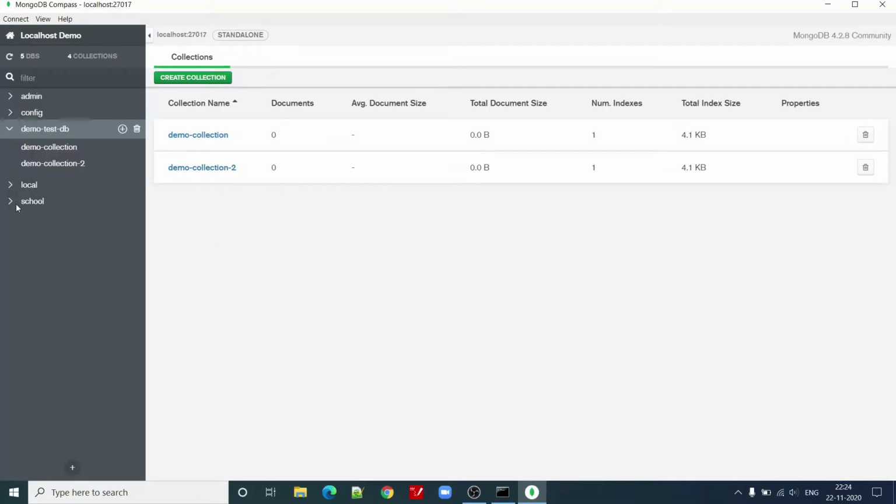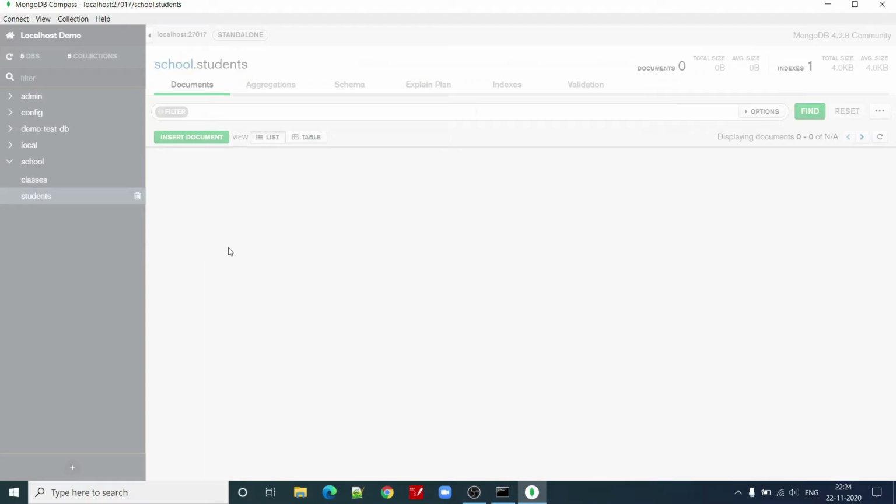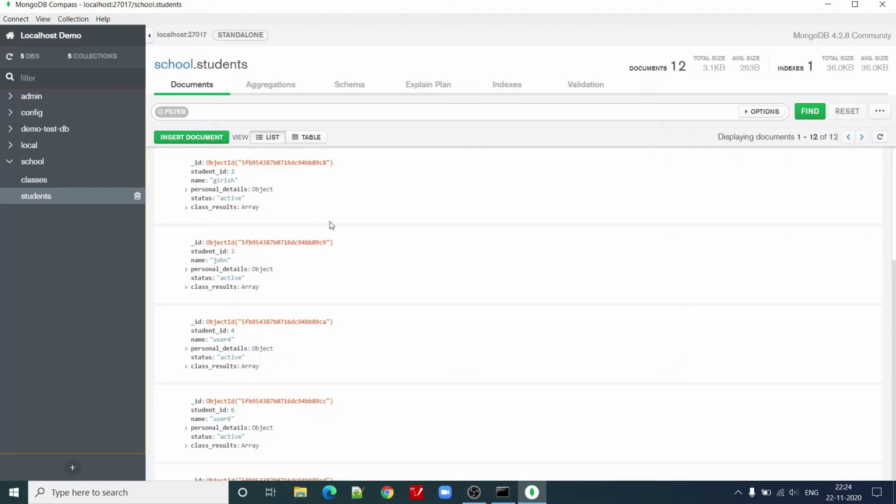Now let us go to our school database, and in our students collection only. On the right hand side you can see that there are so many documents, and it is showing that there are a total of 12 documents with this total size, and average size is this, how many indexes are created, the total size of that index and the average size of that index.